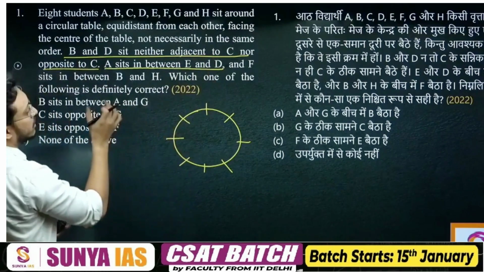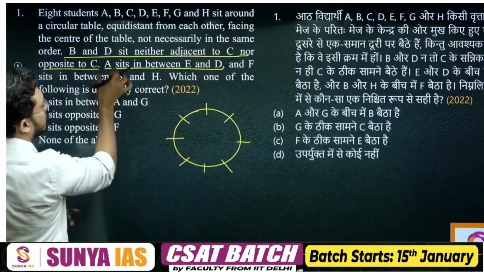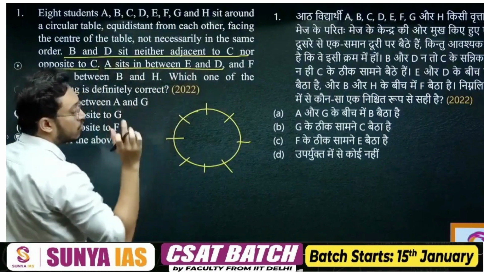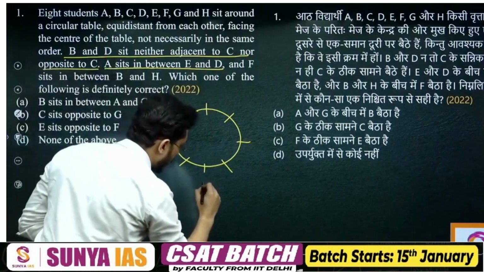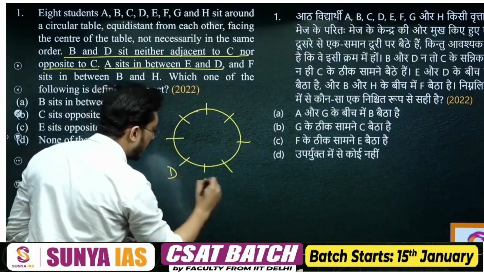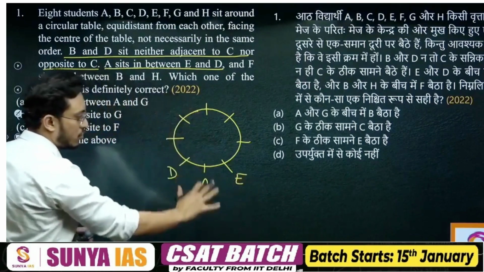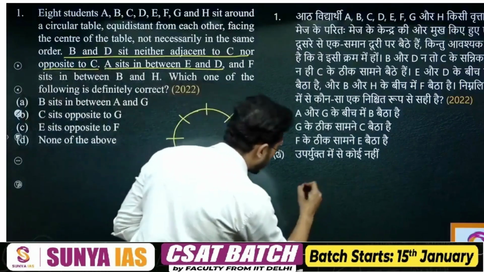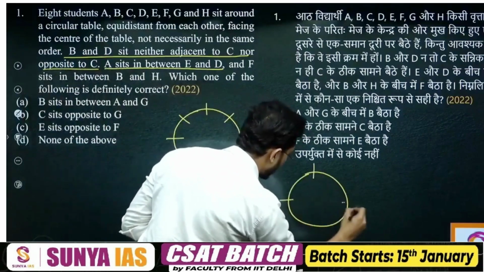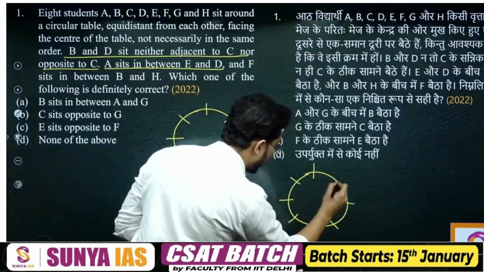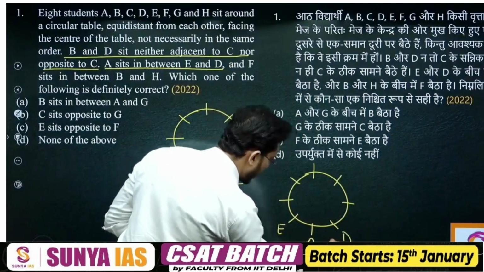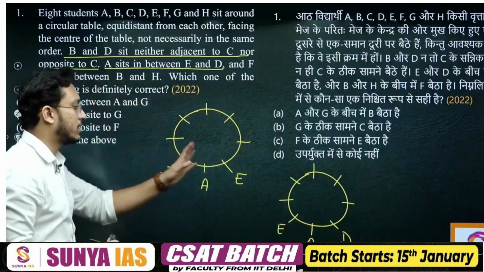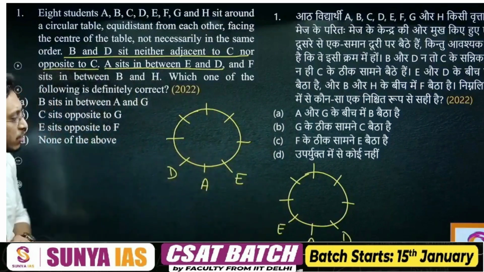Let's start with the information that is given about A sitting. जिसके बारे में exact information दिया है उससे start किया जाना चाहिए. So let's say A is sitting exactly between D and E. Either you can have this case, or else you can also have this particular case, that A is sitting here, D is sitting this side and E is sitting this side. So either this or this is the case that we can start with.